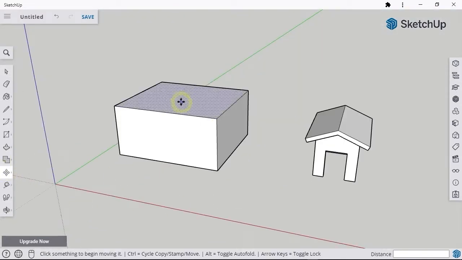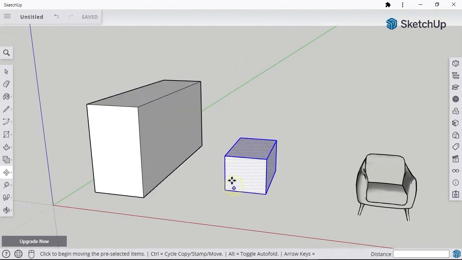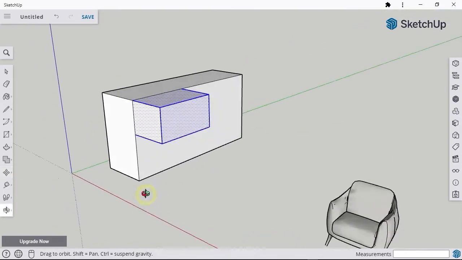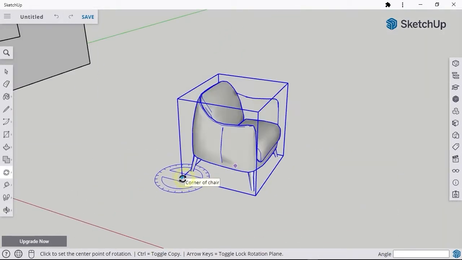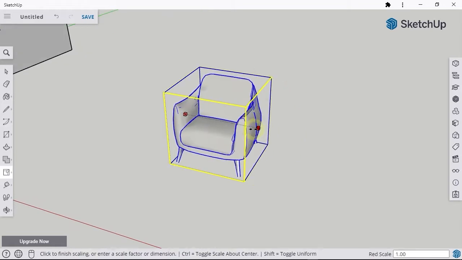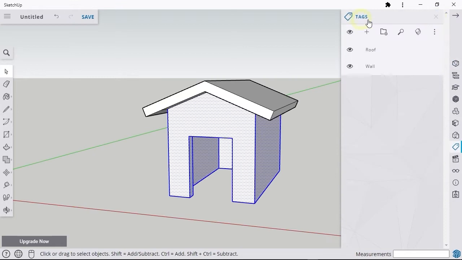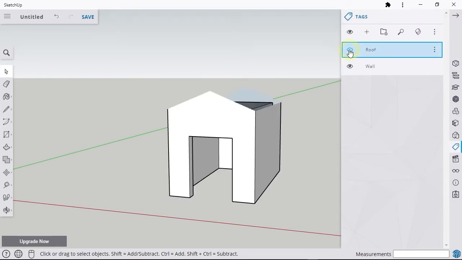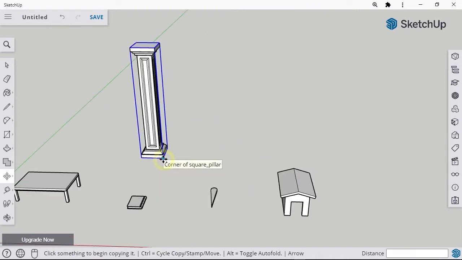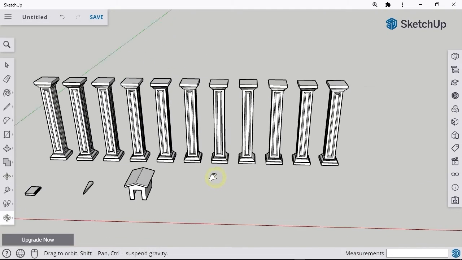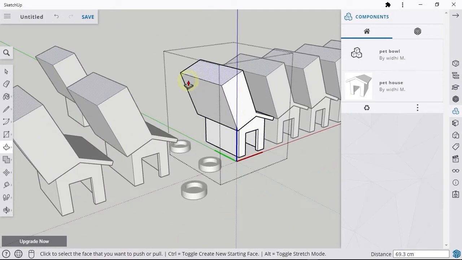In the fourth chapter, we will focus on object manipulation and object management techniques available in SketchUp Free. There are many things that we will discuss in this chapter. Some of them are object transformation, from basic to advanced techniques. Then, learn how to use tags to manage 3D objects more easily and quickly. Next, you will learn various duplication techniques. Then learn how to group objects, either with the basic group method or with the more advanced method using components.